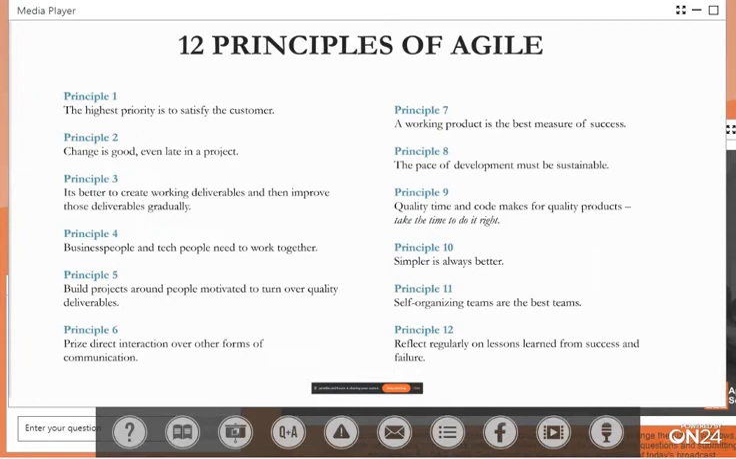And again, going back to the last slide, the sixth principle is that we really want to go straight into